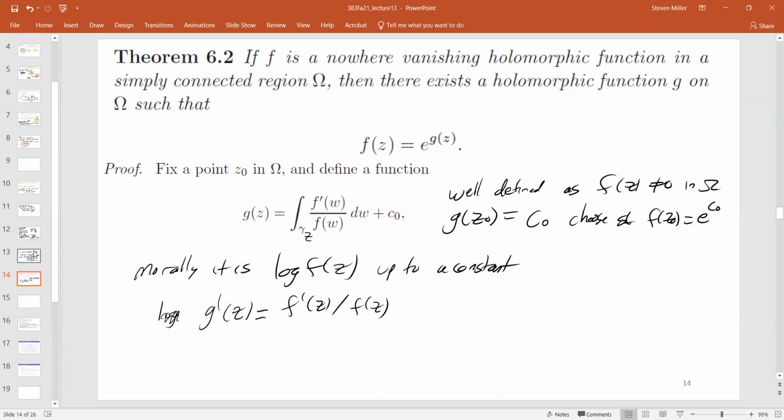So you always have to be able to appeal to some kind of growth properties of the function: that the function is nice, it doesn't have any zeros, this is going to be bounded, the curve is going to have a finite length. So if you just go through the standard arguments, you can then interchange the derivative and the integral.